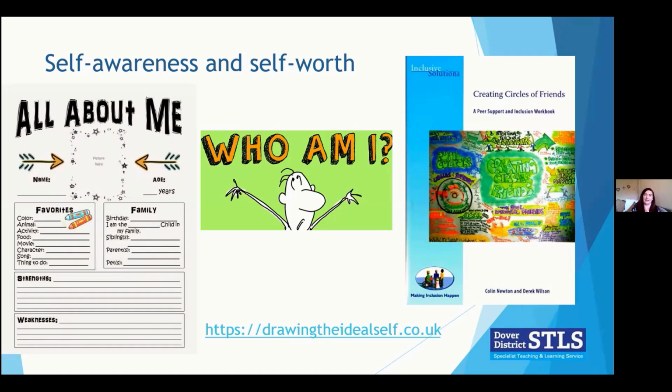All About Me is great. It builds that connection between the adult and the child about their favourite things, their strengths, where they fit into the family, how many siblings they've got, and it gives an awareness of that social dynamic that child fits in. So that helps the adult to connect with the child and understand how they might be feeling about certain aspects of their lives.